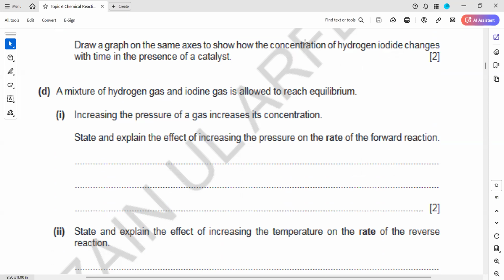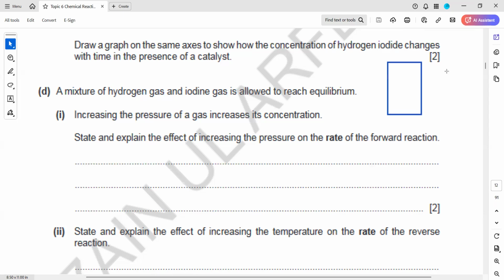Look, two things are different. One is rate, the speed. Another one is the shifting of equilibrium. Equilibrium will not shift. Equilibrium remains the same because the number of moles of reactant is the same as the number of moles of product. But when we increase the pressure,